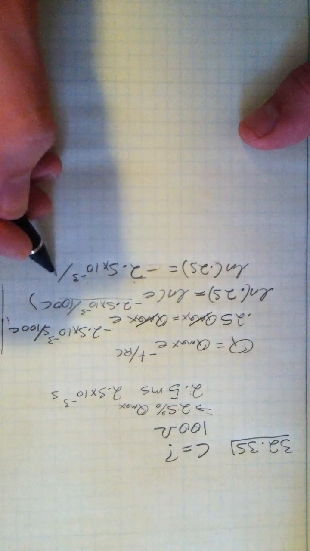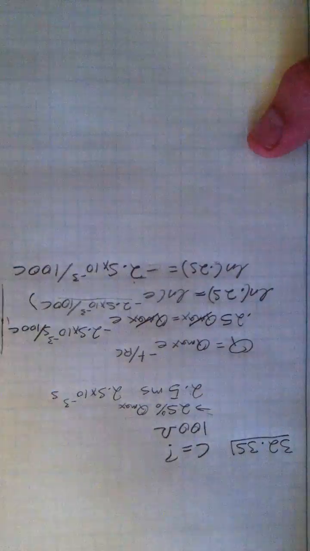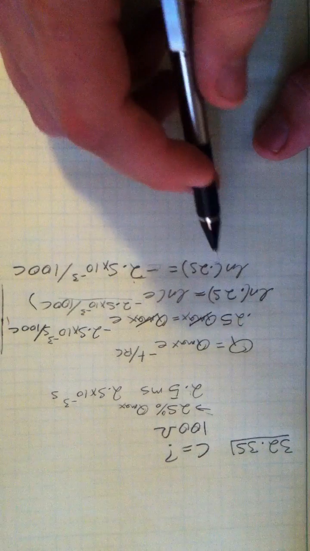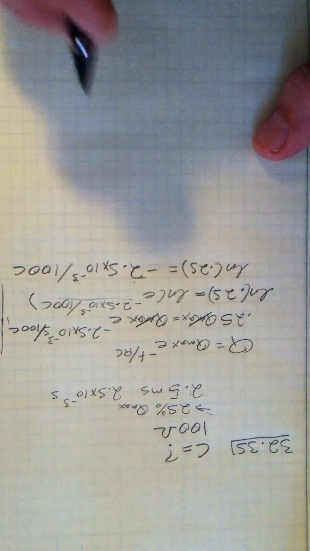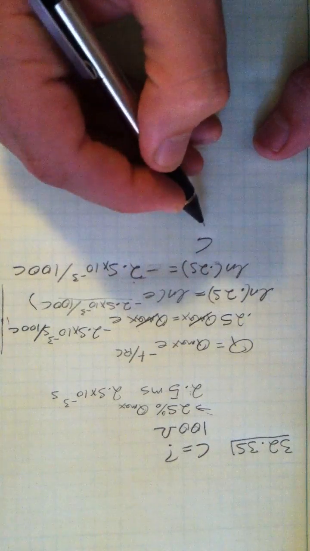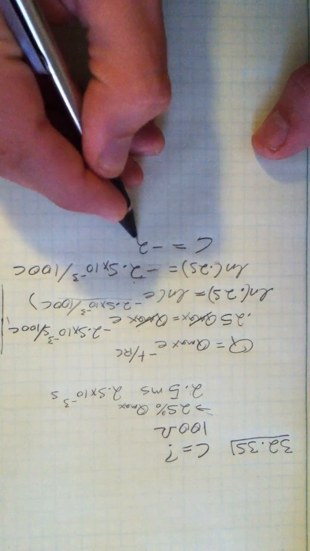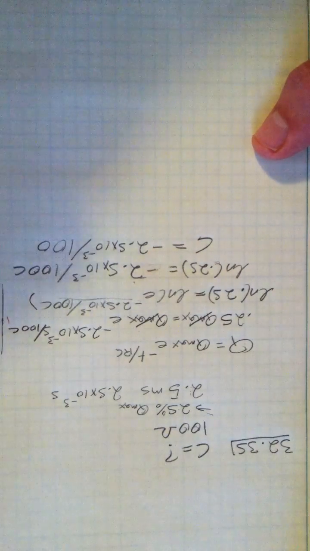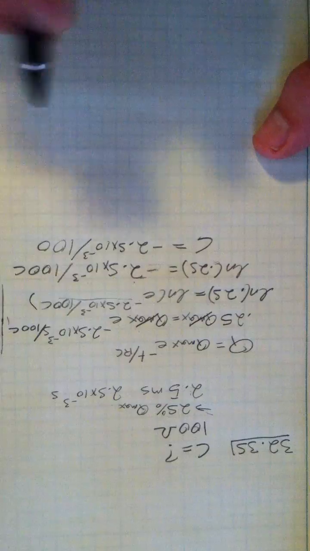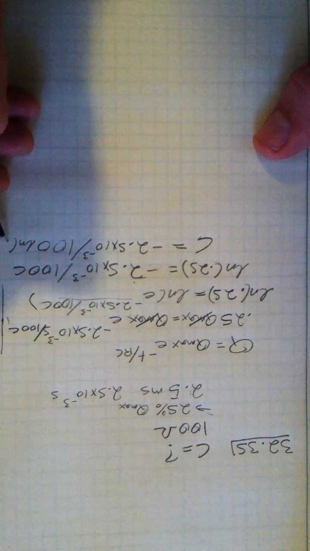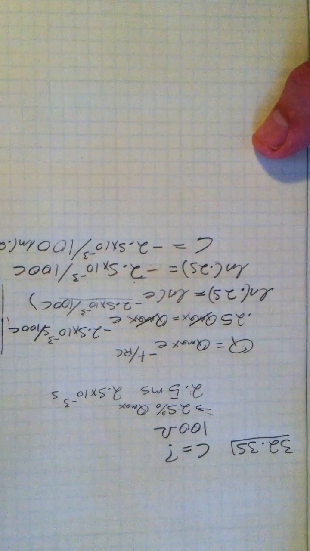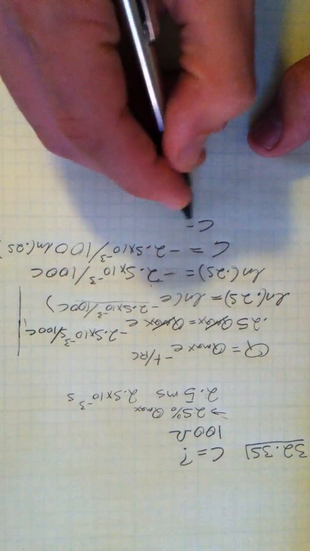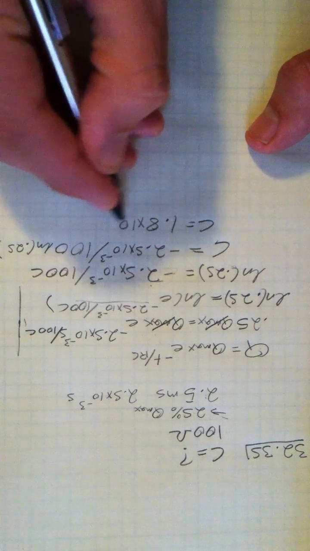third over 100 C. So continuing our algebra, we want to multiply both sides by C and divide both sides by natural log of 0.25. That gives us C on the left side equals negative 2.5 times 10 to the negative third over 100 times natural log of 0.25. Plugging that into our calculator, we get that C equals 1.8 times 10 to the negative